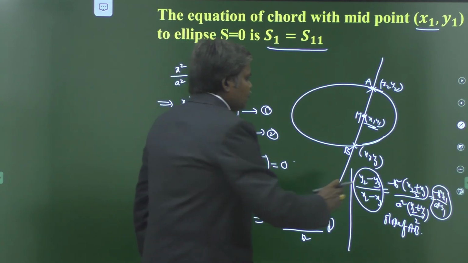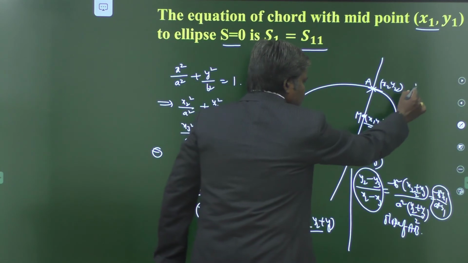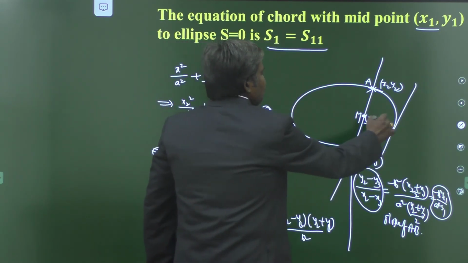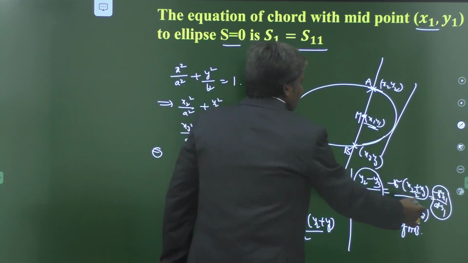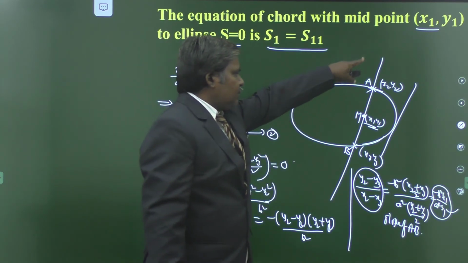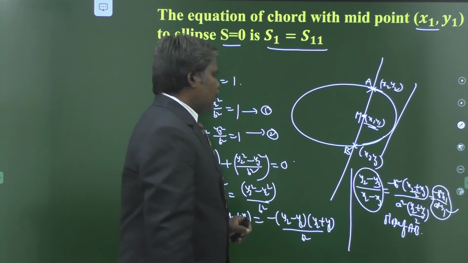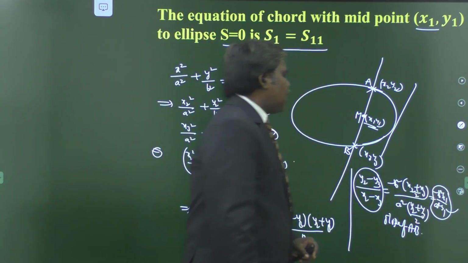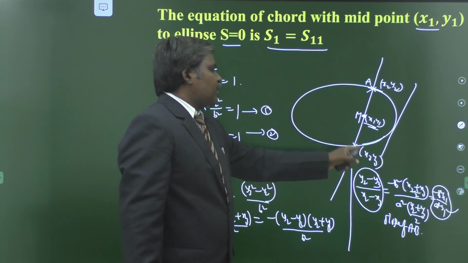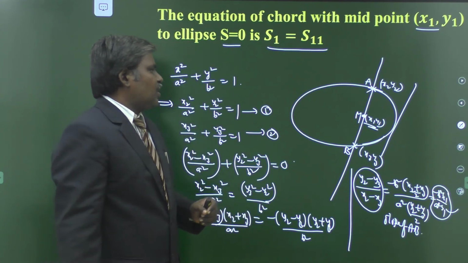My dears, this is obtained without doing all this much. You just imagine the tangent which is parallel to your line, differentiate that one, substitute (x1, y1) there, and we obtain the slope of this line. Understand? The lines are parallel, so their slopes are equal. In that concept, minus b square x1 by a square y1 is the slope of the chord. You have the slope of the chord in that way, and also you know the midpoint (x1, y1).